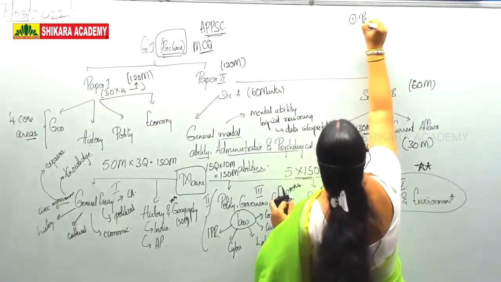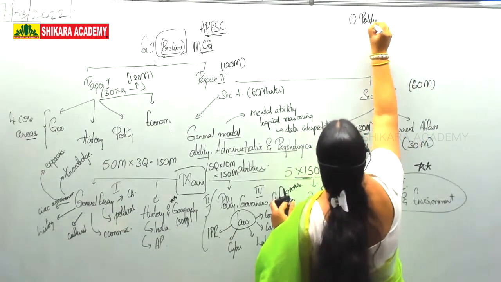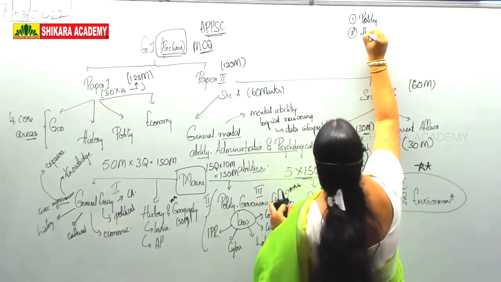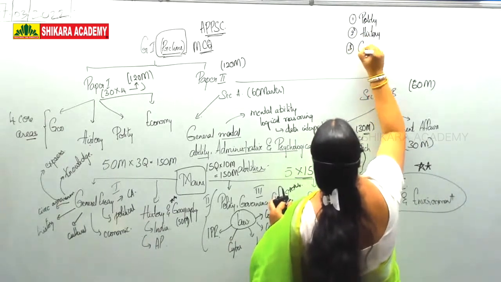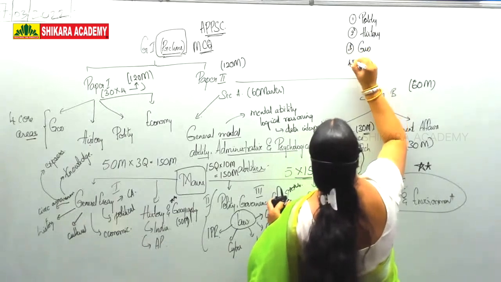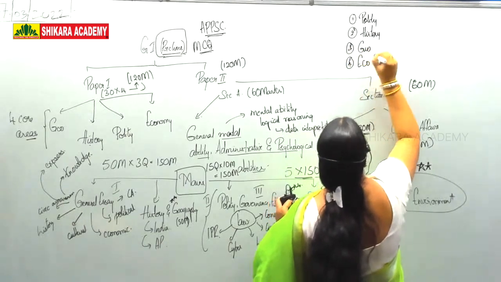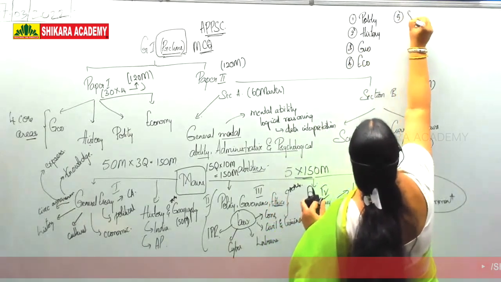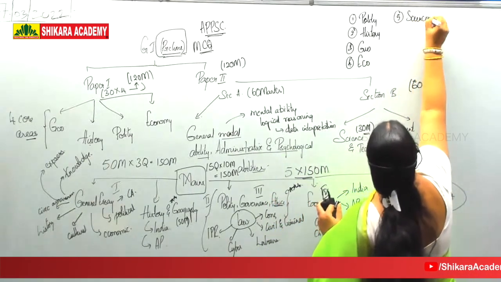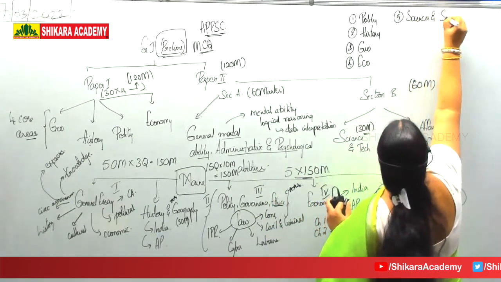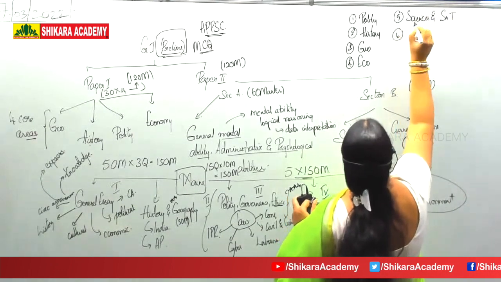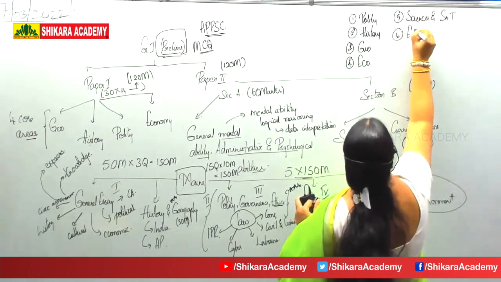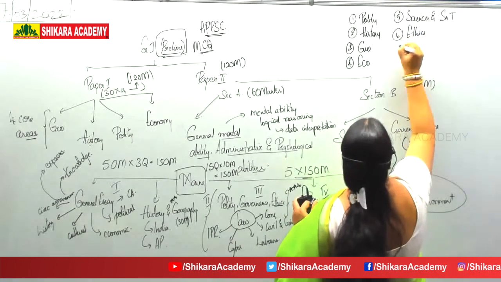1 is polity, 2 history, India and AP, 3 geography, India and AP, 4 economy, India and AP, 5 would be sciences and science and tech. Sciences will be important for your science and tech. Basis is sciences, science and tech is built on it. 6 would be ethics, 7 governance,